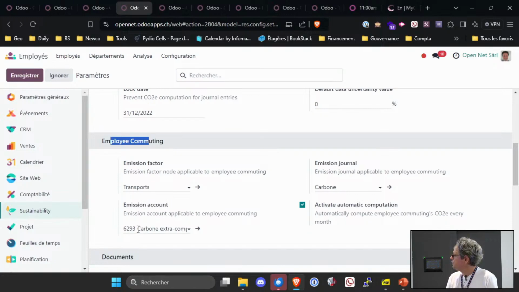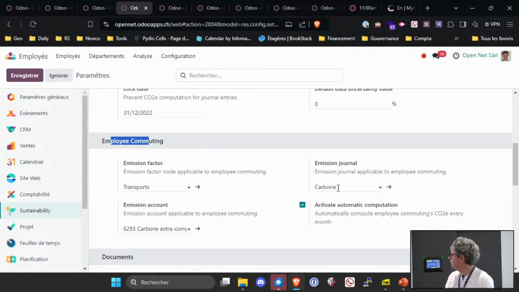You need to define the account, because we are talking about extra-accounting carbon computation, in the sense that you are not spending money for the employees coming to the office. But as everything is related to accounting, we need to generate these accounting entries. So you can define a specific account. It will be a €0 entry, of course, but it's only a matter of charging it in a carbon way, so to say.